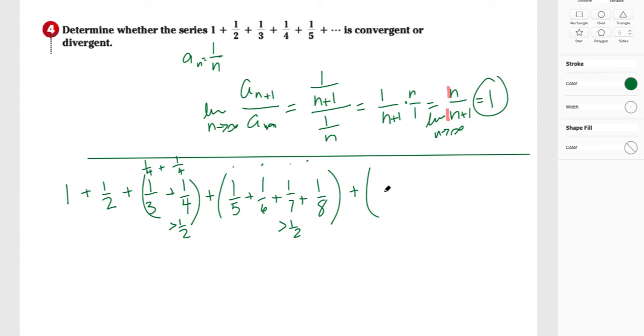Now I know my grouping is getting bigger and bigger, but 1/9 is what's next. I can count, I promise. Plus 1/10 plus 1/11 plus 1/12. And if I do this 8 times, I'm going to get up to 1/16. And if I were to add 8 1/16, that would be 1/2. But since these are bigger than 1/16, I know that this is greater than 1/2. Now I've got all of eternity to do this. So I can just keep grouping larger and larger groups of fractions such that I always am sure that I'm adding more than 1/2. And in this way, we can quote unquote prove that this series is divergent